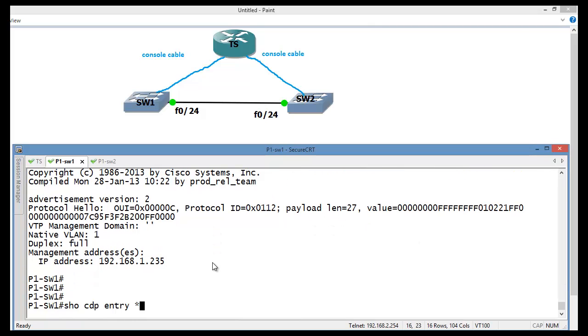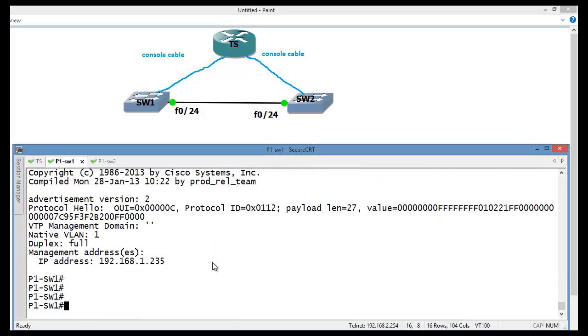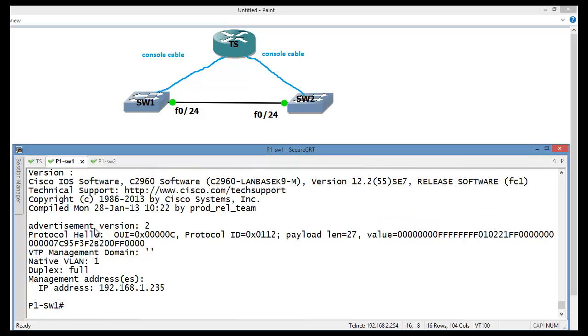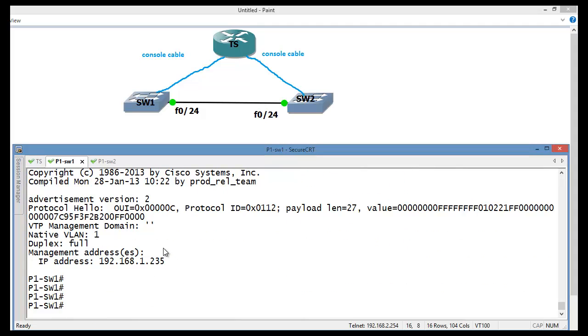Let me do this once again. So this is the information that we get from the connected neighbor. The device name of the neighbor is pod 1 switch 2, as we can see, and all the information, the IP addresses and so on.